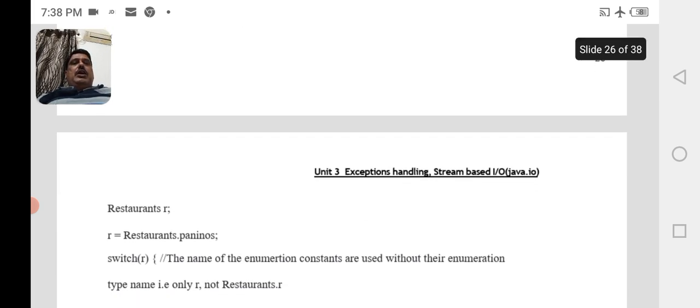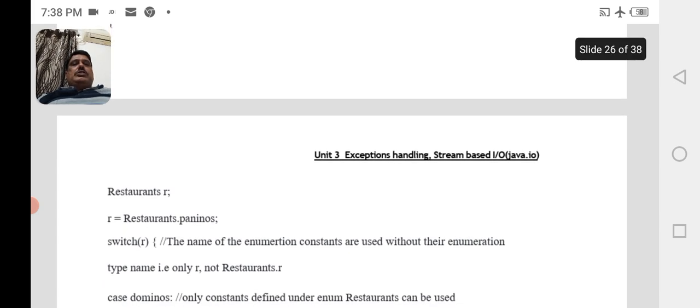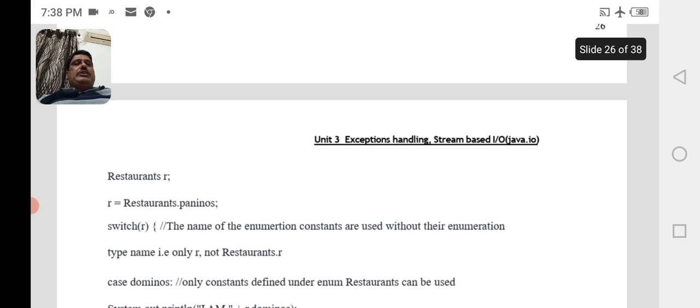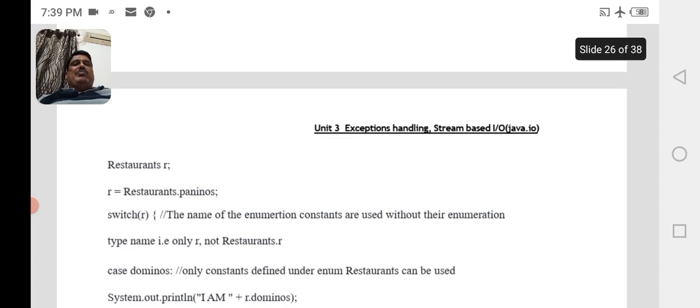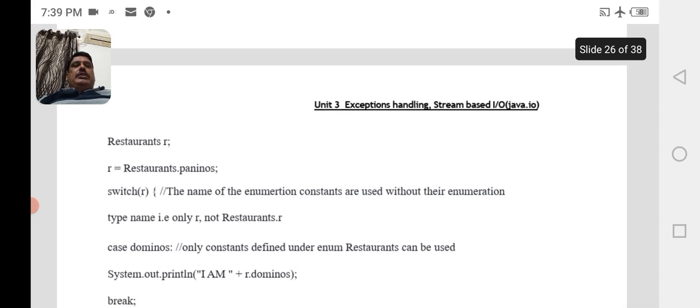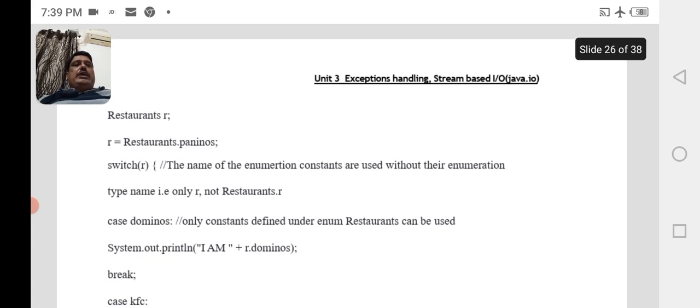R equal to restaurants.Paninos. In the switch, the names of the enumeration constants are used without their enumeration type name, that is only R, not restaurants R. Case Domino's: only constants defined under enum restaurants can be used.